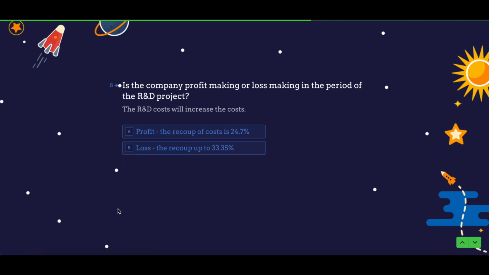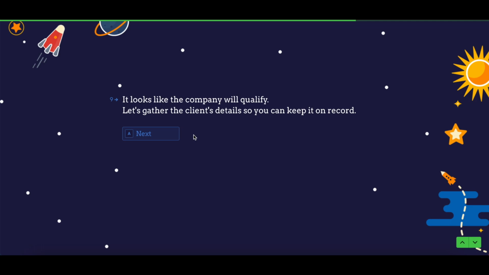So is the company profit making or loss making? You can choose that here. So let's say it's profit making. So now it tells me, it looks like the company will qualify for R&D tax relief. And here is where the power is kind of in your hands. So if you click on next,